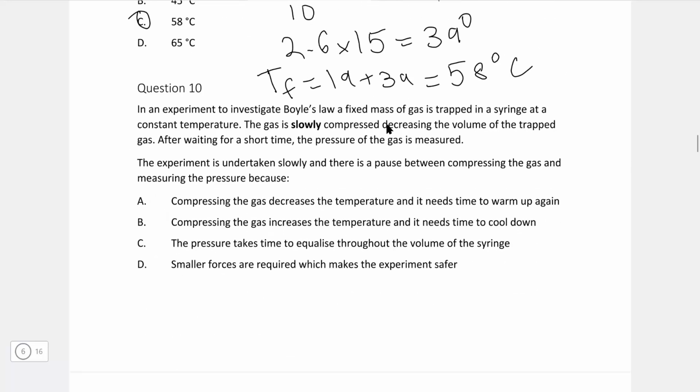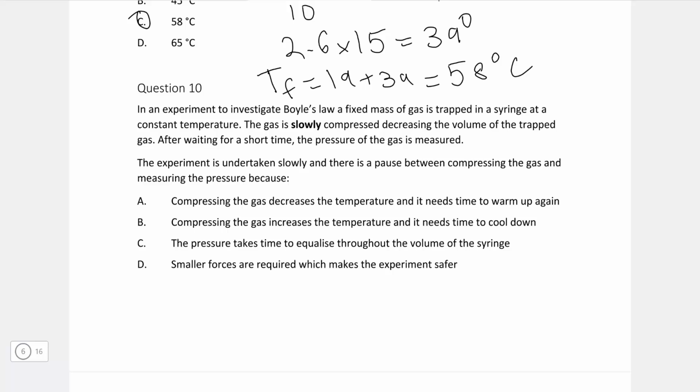Okay, question 10, the final multiple choice question. An experiment to investigate Boyle's law for a fixed mass of gas is trapped in a syringe at a constant temperature. The gas is slowly compressed, decreasing the volume of the trapped gas. After waiting a short time, the pressure of the gas is measured. The experiment is undertaken slowly, and there's a pause between compressing the gas and measuring the pressure because, anytime you're doing this experiment, the danger is that you compress the gas too quickly, and you might have probably